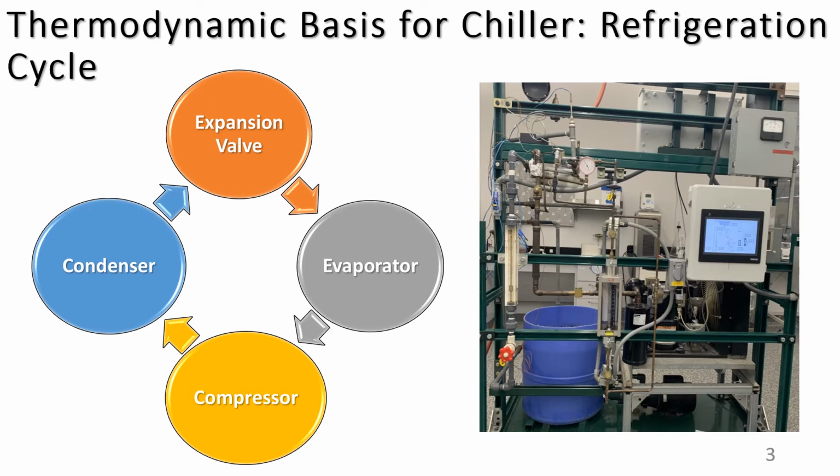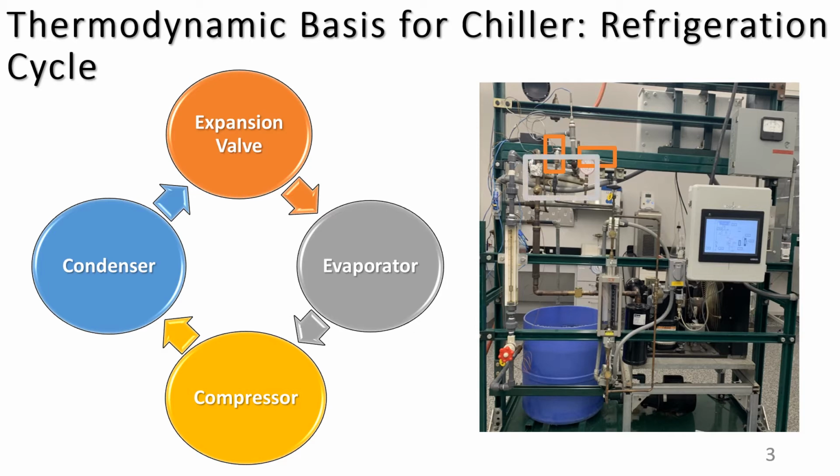The first step of the refrigeration cycle is the expansion valve. For the chiller, there are two expansion valves to choose from, highlighted in orange. The expansion valves exhibit the Joule-Thomson effect. When a fluid expands through a throttling device such as a valve, the pressure will drop as well as the temperature of the fluid. The now colder refrigerant will flow into the evaporator coils, shown in the image to the